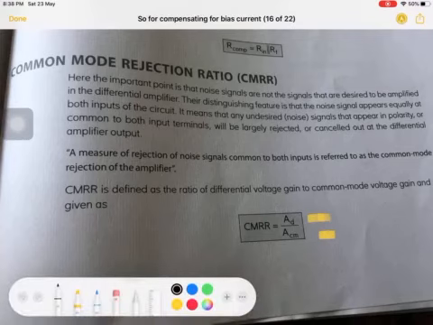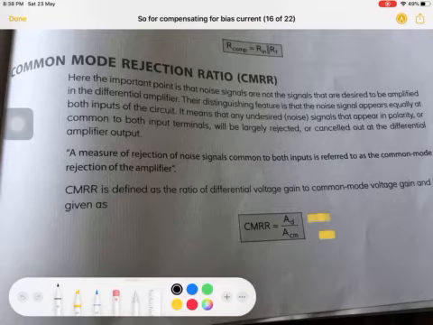Now, common mode rejection ratio. This is one more important property. Any op-amp has a gain, that is the differential gain, and a common mode gain. What is common mode gain? If we give the average of the input voltages to the amplifier, the amount of gain that we get because of the average of the incoming voltages, which is the common mode voltage. We will discuss further what the common mode gain is.